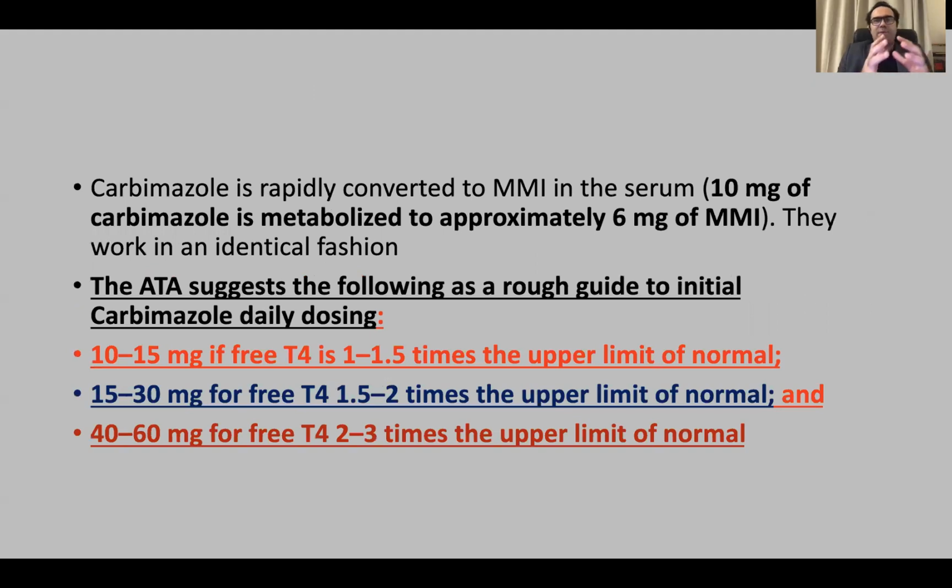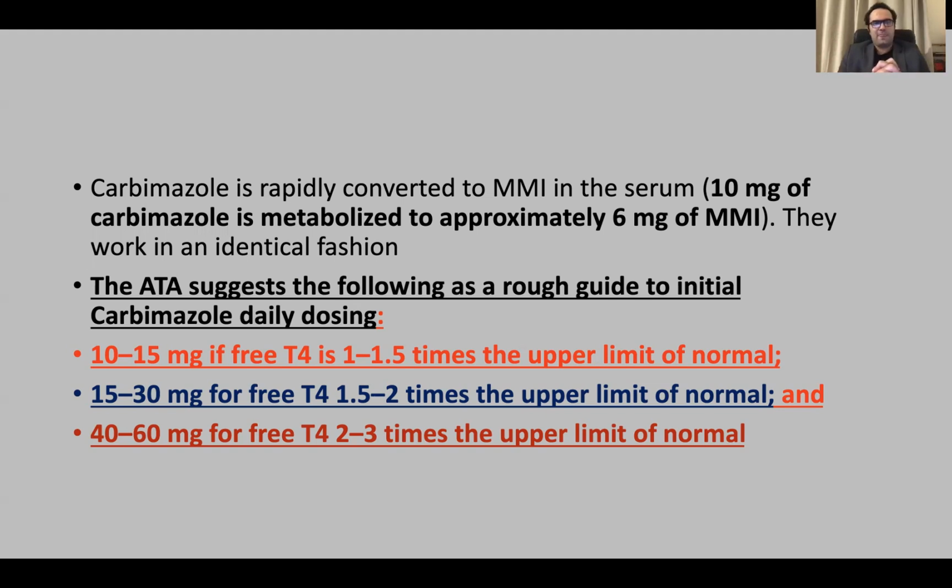So carbimazole is rapidly converted into methimazole in the serum. 10 mg is converted into 6 mg of methimazole. The American Thyroid Association guidelines basically suggest that the carbimazole dosing should be 10 to 15 mg if the free T4 is 1 to 1.5 times the upper limit of normal. The upper limit of normal is around 1.7 in our labs. So if it is 1 to 1.5 times of that, that is around 2.8 or 3 free T4. So we can easily manage that with an initial dose of 15 mg and then 10 mg and then the maintenance